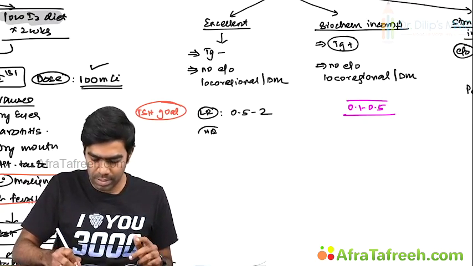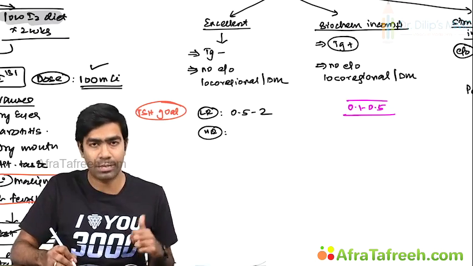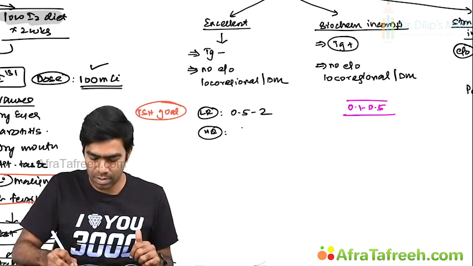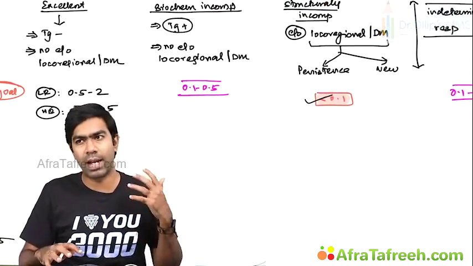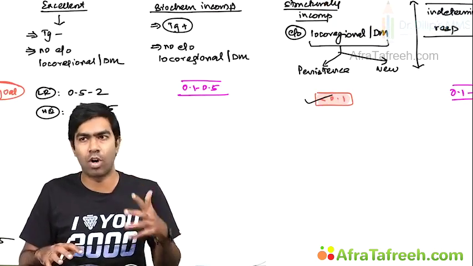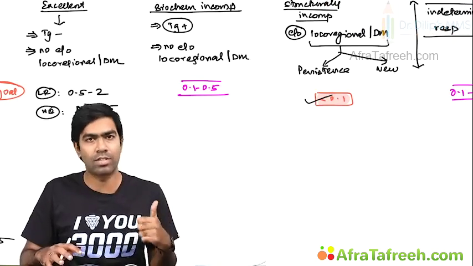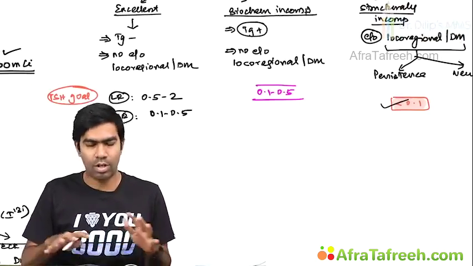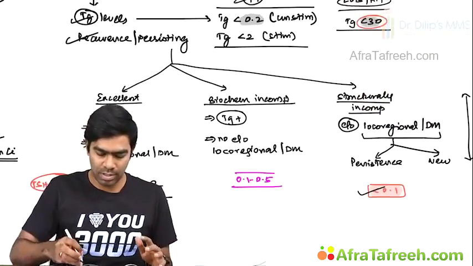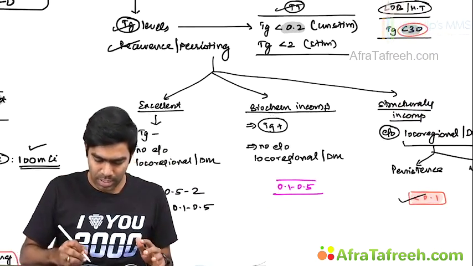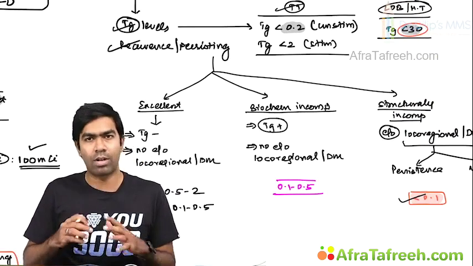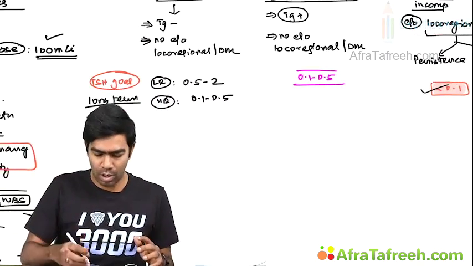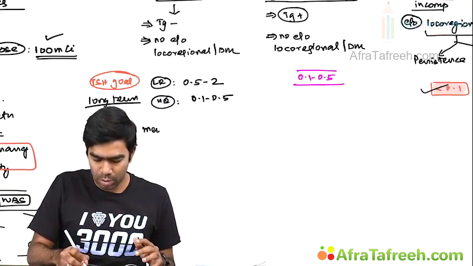And if it's a high risk patient according to ATA, as per the previous information which I have given, it should be in the 0.1 to 0.5 range if it's an excellent response. Again, the long-term follow-up and TSH suppression depends on the ATA risk. That's why I told you ATA risk is really, really important. And this is not a very stringent target, because since it's a long-term TSH suppression, this is a long-term treatment, and your TSH goal has to be balanced with a lot of things like menopausal status,